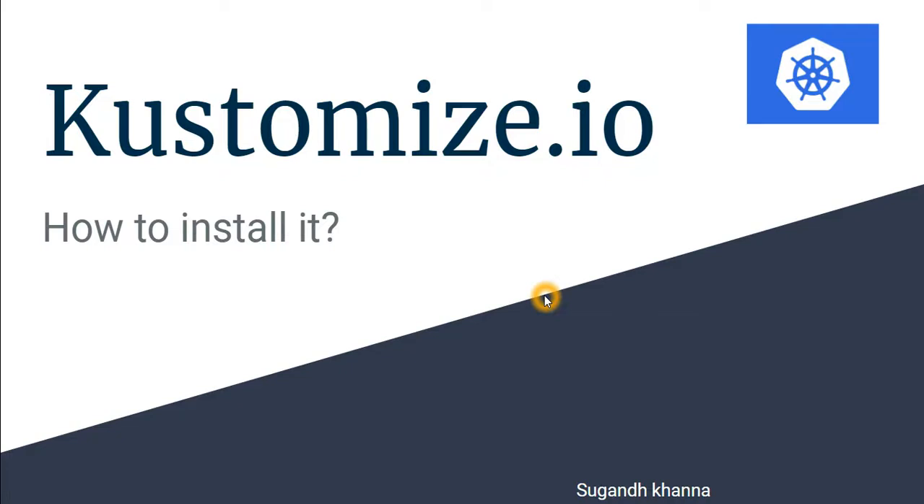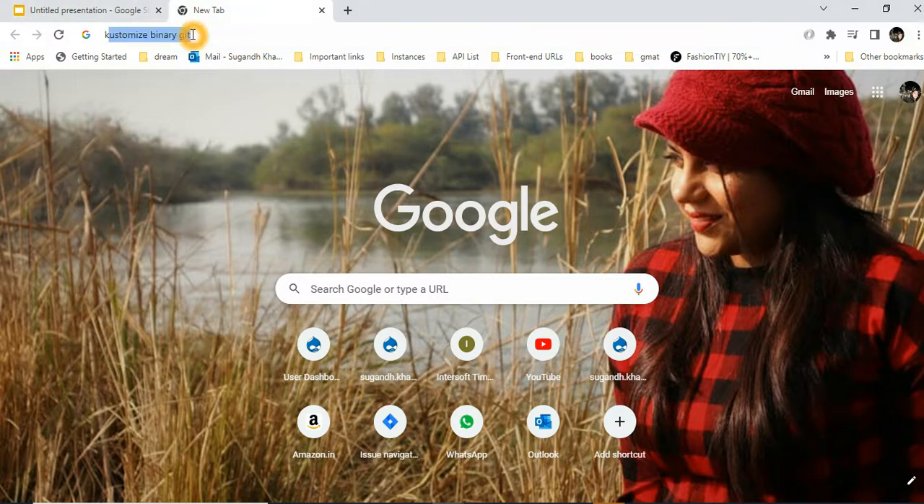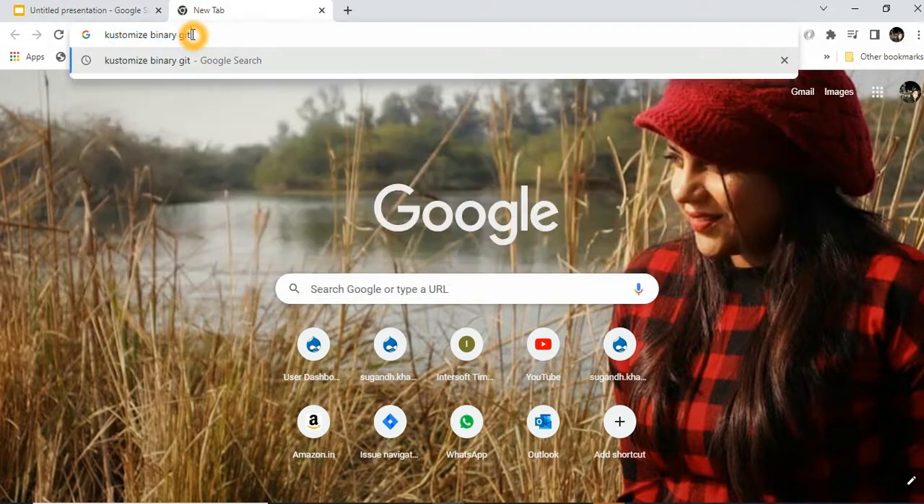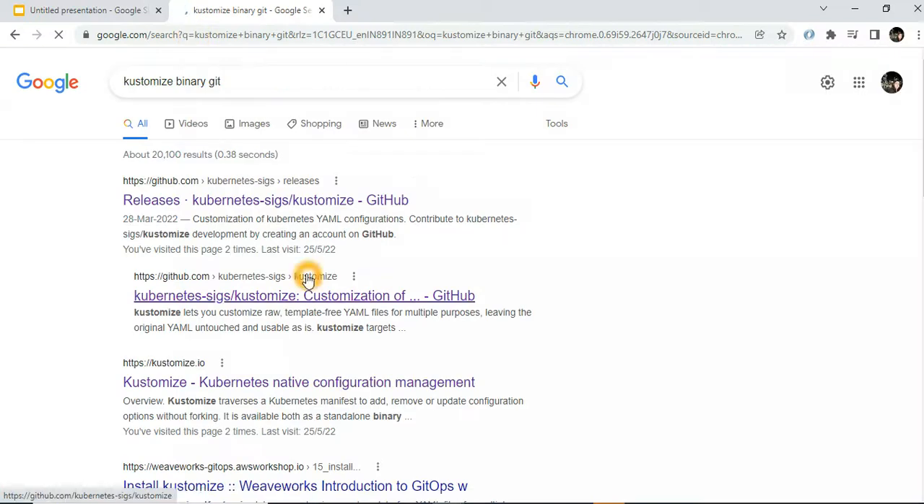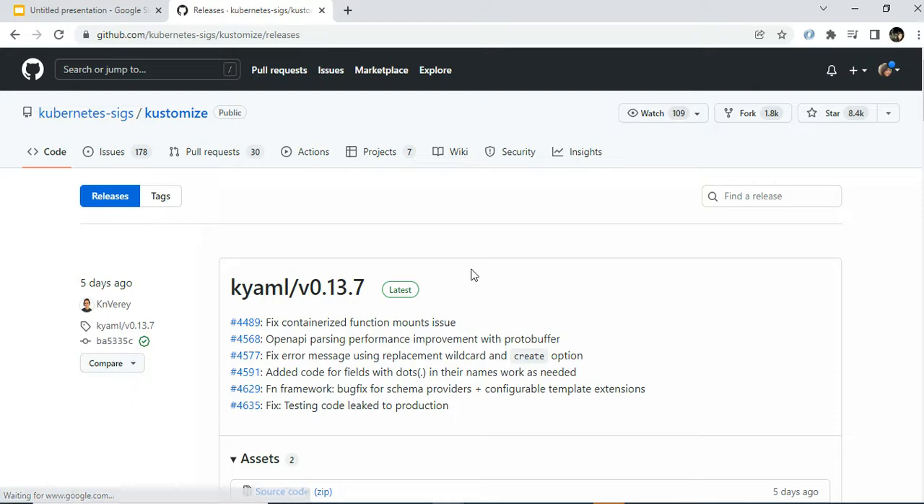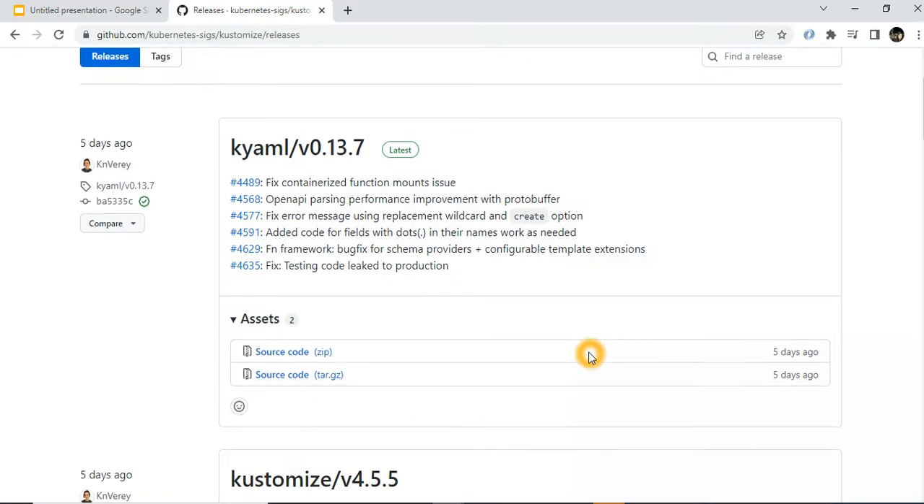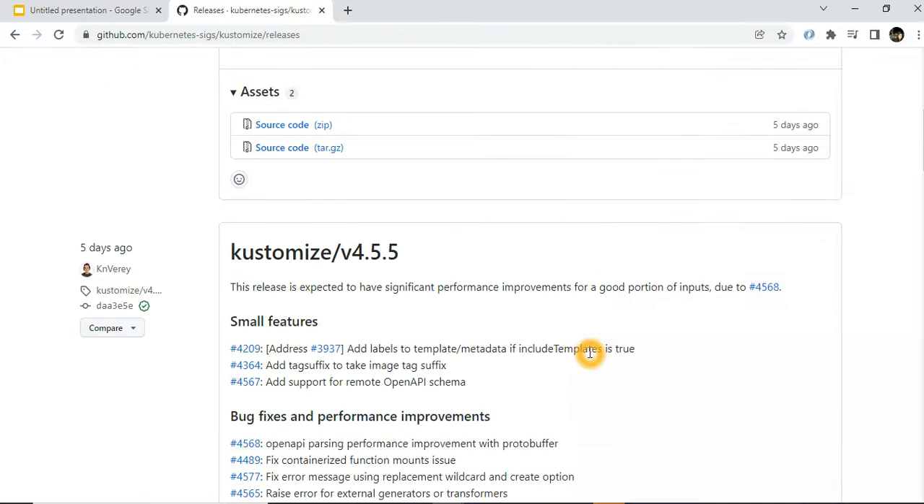Today we will learn how to install Kustomize in Windows with the help of binary. So for that, we need to first search in Google "Kustomize binary Git". And here you click on the first link and here you get the respective binaries, and out